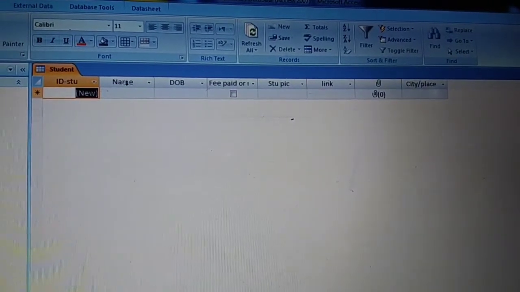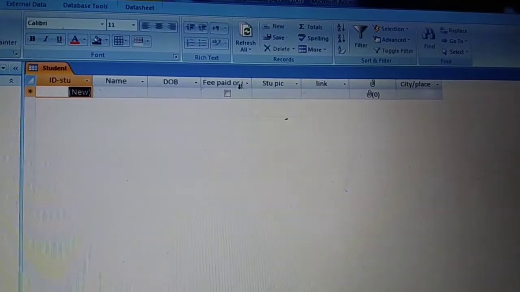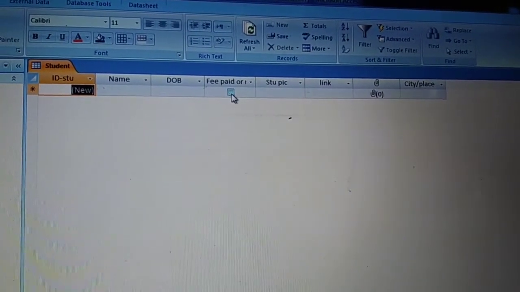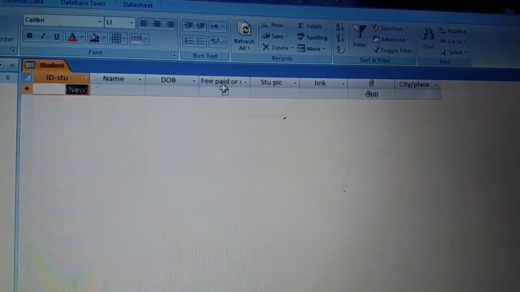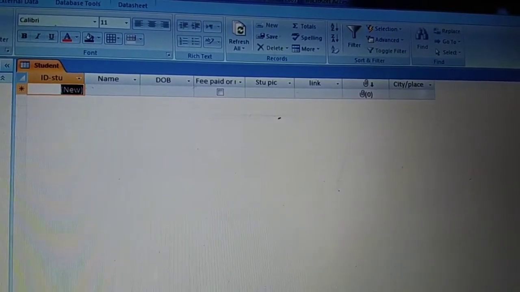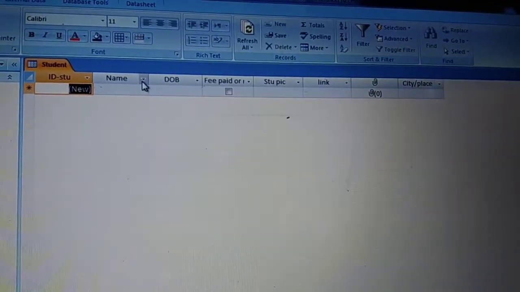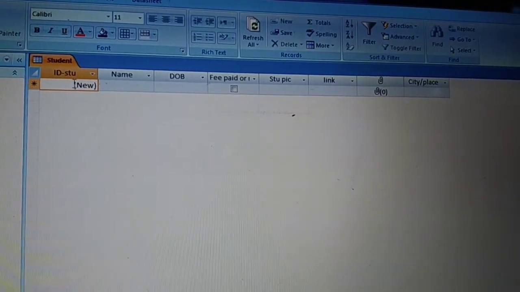Now see, the fields are already completed. The ID, name of the student, date of birth, fee paid or not. Here I had selected yes or no, that is why the boxes are appearing. Student pic I have to upload, link I have to upload, attachment, this is the attachment one, then the city. Now see, I have to enter the first